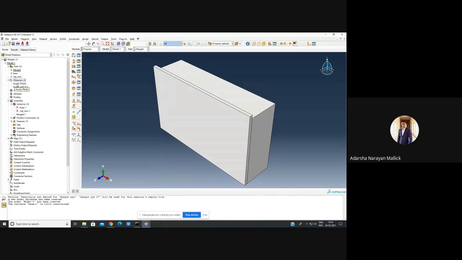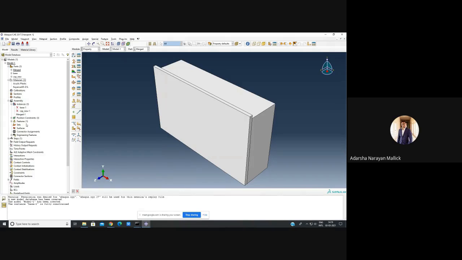Let's see here. It is acrylic plastic and the silicone. We have designed, we have taken the two materials, so it is showing that two materials are in the material section. Now we go for the section. We have taken the materials, but Abaqus software will not know which material is going to which section. So for that